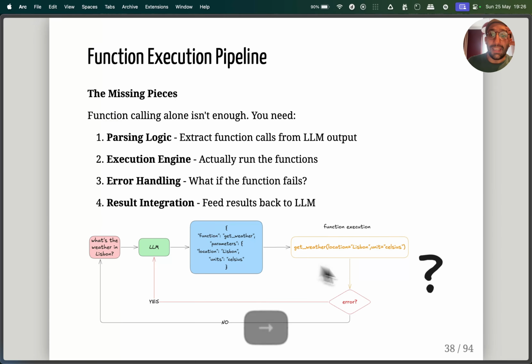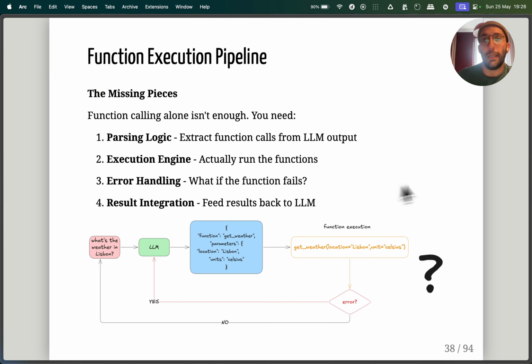So here's the situation that we're in right now with the current version of our thinking, okay? So what's the weather in Lisbon? This input text comes in and it goes to the LLM. The LLM outputs something that's a structure that can be parsed into something, right? So this is like the payload for the function get weather, where we can take the location and the unit. This is one example of the function execution.